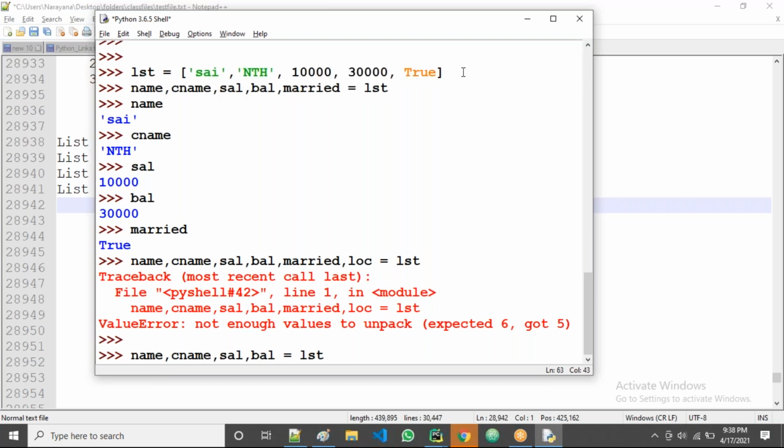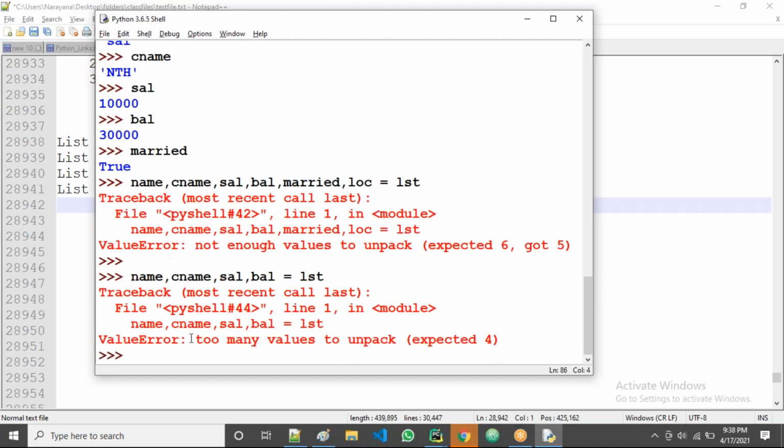Now observe, check it. See, too many values to unpack. Expected only 4, but you got more than 4.